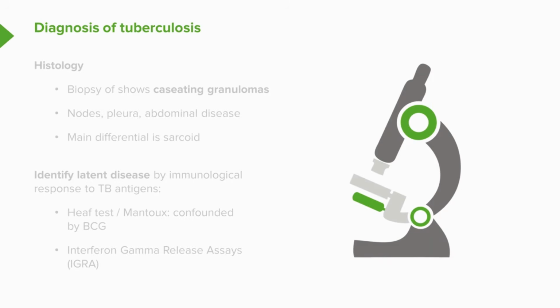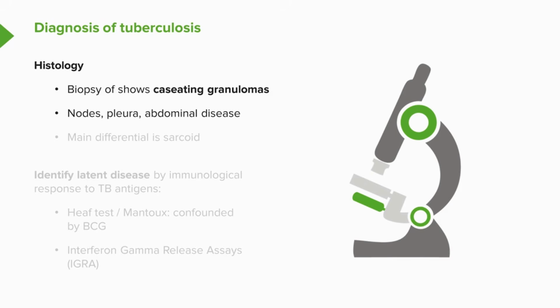We also use biopsies to try and prove that tuberculosis is present. Now, this is particularly important for extrapulmonary disease. And what the biopsy will show is the presence of granulomas, which is that very specific histological appearance that reflects the immunological response to the presence of Mycobacterium tuberculosis. And in fact, with TB, there are very specific granulomas which have a central area of necrosis, and that's called caseating granulomas. And we use biopsies of the pleura, abdominal disease, the lymph nodes to confirm the patient may have